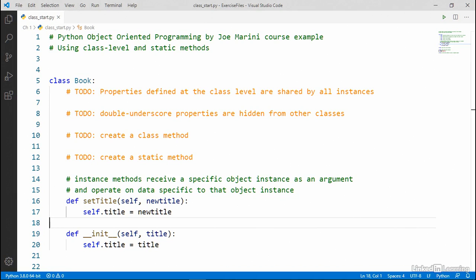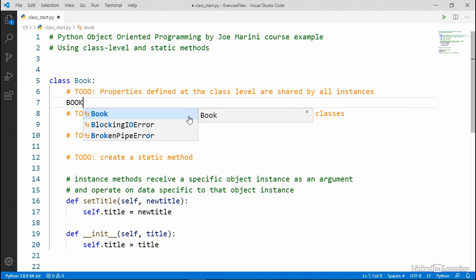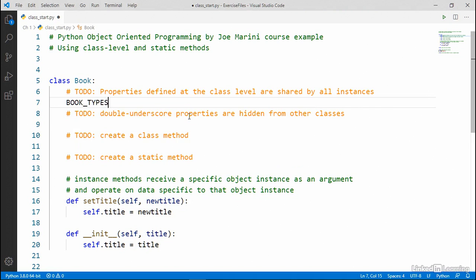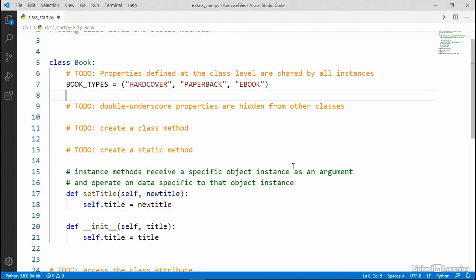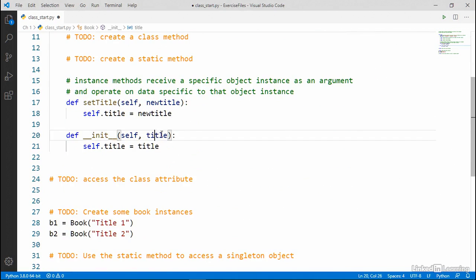What I can do is create an attribute at the class level outside of any of the instance methods, and I'm going to use all caps here to indicate that this is a class attribute, and I'll call it BOOK_TYPES. I'm going to initialize it to a tuple that contains hardcover, paperback, and ebook. So then I can have the init method take the book type parameter,